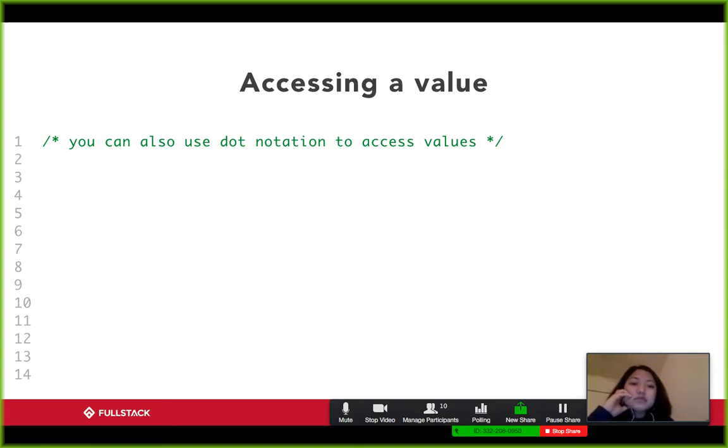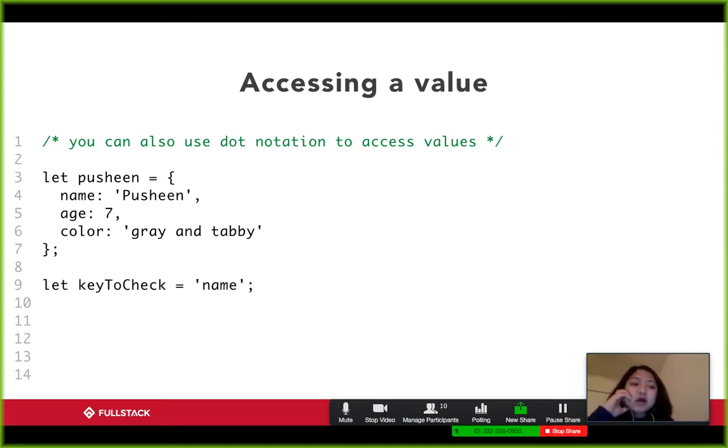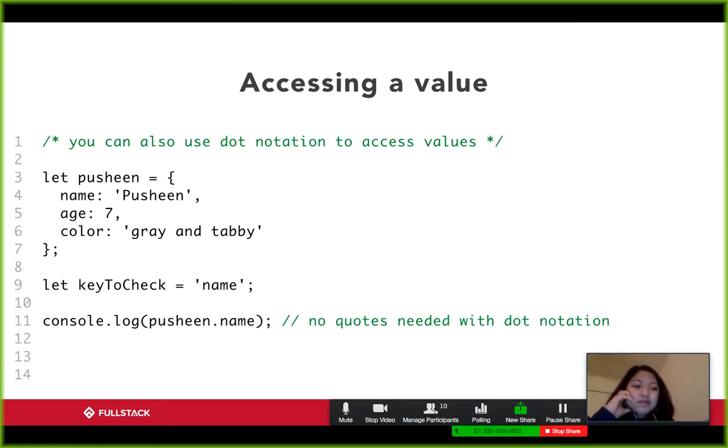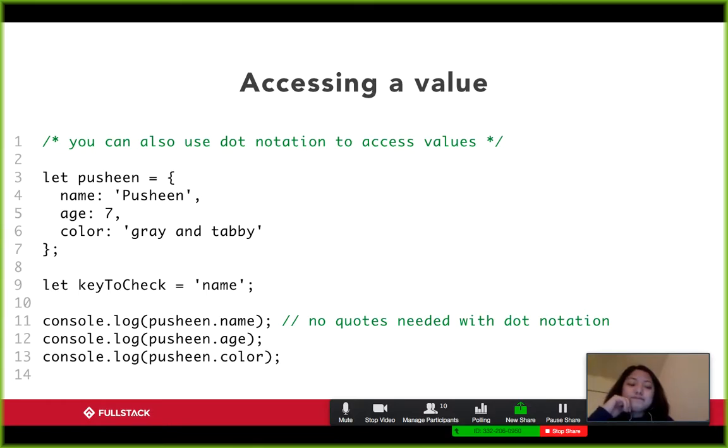Okay. There's this other way to access values in an object using something called the dot notation. I'm not as big of a fan of dot notation. I'll tell you why. Dot notation is supposed to be a simpler way to access object values. Rather than doing object bracket quotation mark name, you can just do object dot name with no quotation marks, and that's also going to give you the value associated with name. Now, if I do it for name, age, and color, that all works perfectly fine. But the reason why I don't really like it as much, especially when you're first starting off using objects, is